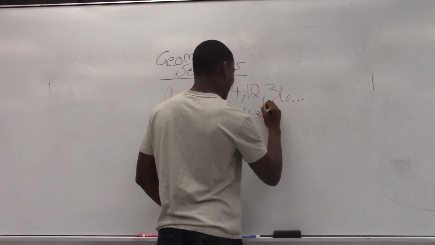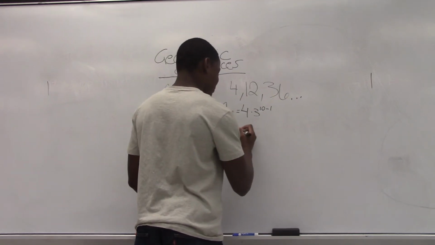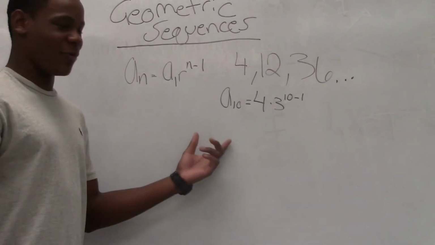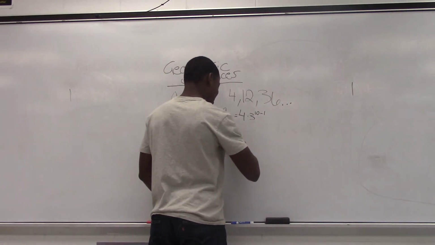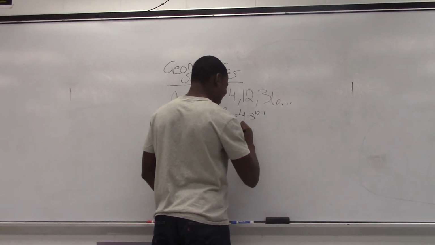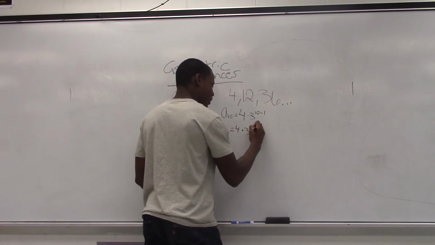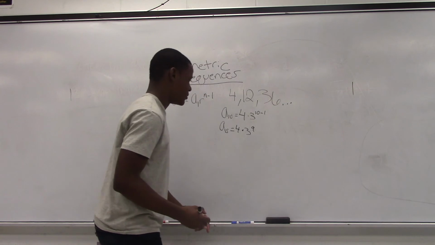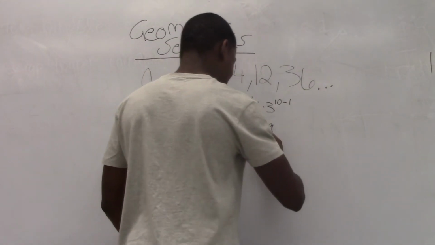So since it's 10, we're doing 10 minus 1. Now, this is the formula. So 4 times 3 to the 9th power. So it's 10 minus 1, 9th power. And 3 to the 9th power is